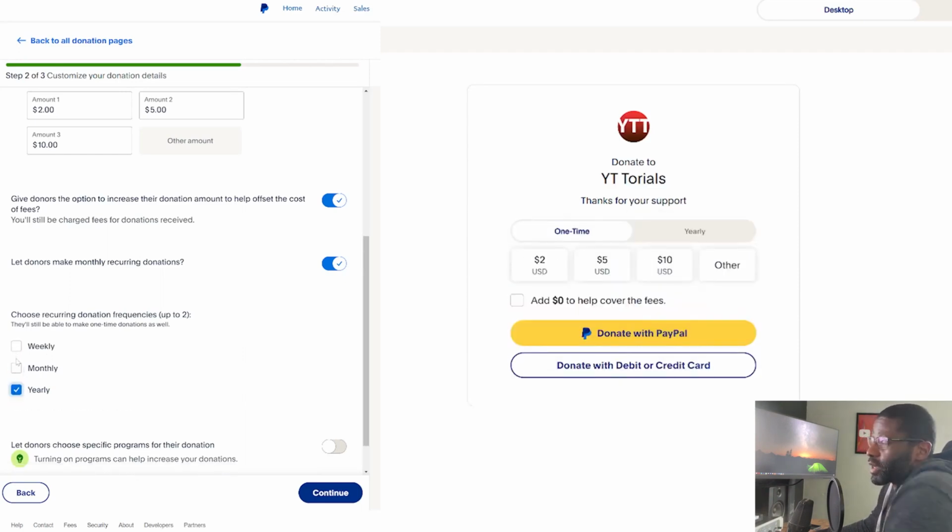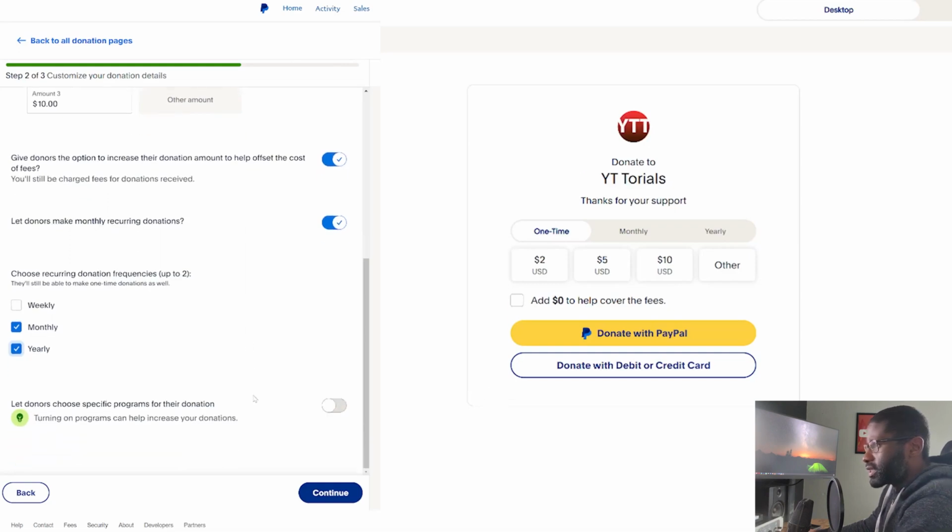You got to have 2. That's it. So I can do one time or monthly, which looks perfectly fine to me, or the yearly. So let's go ahead and go down, look at the last thing, which is let donors choose specific programs for